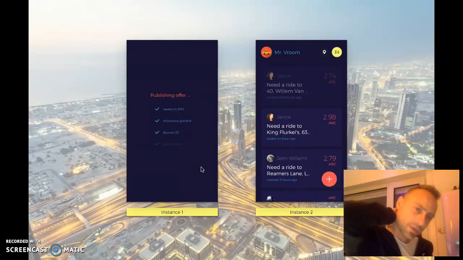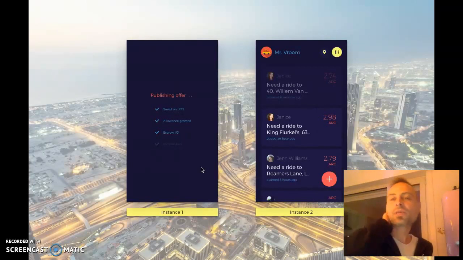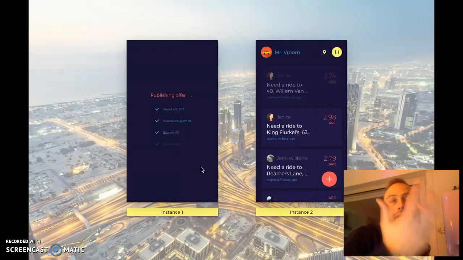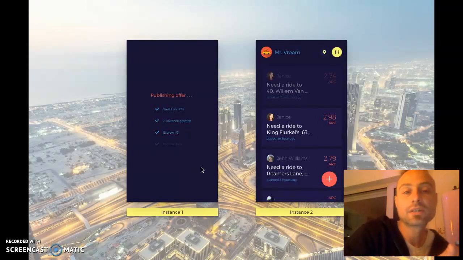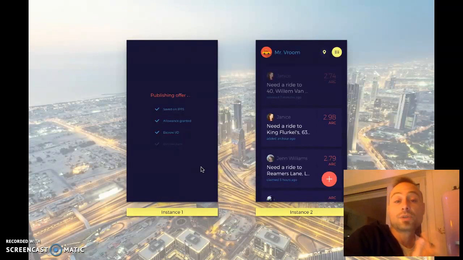At the moment, we are checking on how we can speed up this process because we think it's really long. Maybe we could do this in the background because you don't actually have to wait for it on this screen. Maybe in a later version we will just go to the other screen already, and we will send a message out to the entire network that an offer is coming, so people can already start negotiating over it before it is actually published on the blockchain.